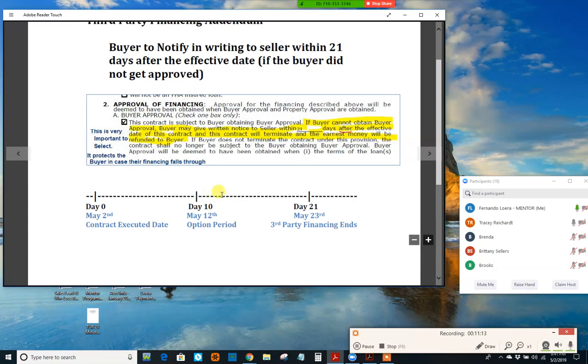There's some kind of negotiation agreement, and now you've got to keep track of day 21, which is May 23rd, where the third-party financing ends. Now this one doesn't have a 5 o'clock timeline, but just don't wait until the 21st day. Normally what I tell my students is 5 days before May 23rd, for example, or before the 21 days, contact